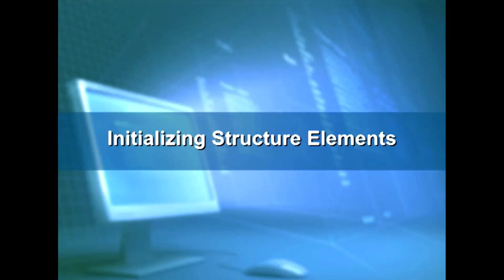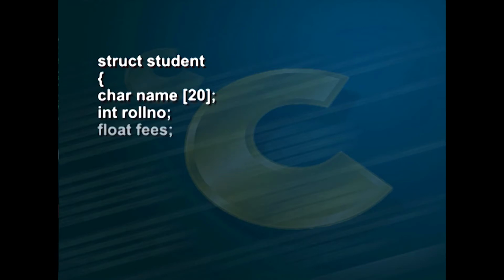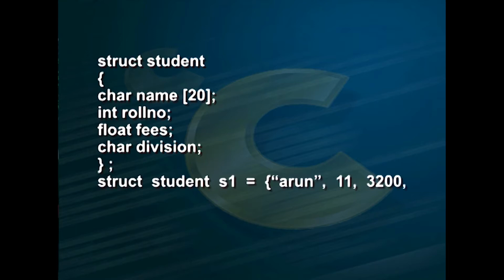Initializing structure elements. A structure element can be initialized in its definition itself with a list of initializers enclosed within braces. Each initializer must be a constant expression and the order and type of each member must match the order and type of its declaration. For example, struct student { char name[20]; int roll_number; float fees; char division; };